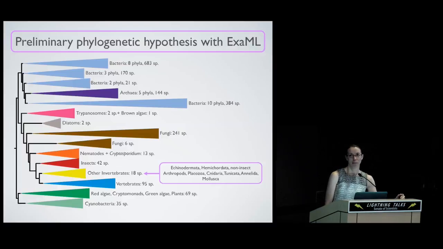For example, the tick was bringing an entire clade of bacteria into the invertebrate lineage. Rickettsia is the pathogen that ticks carry, and so it brought the whole Rickettsia clade into there. When I looked at all the matches for the tick genome, they were all bacteria. But I think this is really interesting, and it points out some of the challenges that come with draft genomes, but they're still useful. There are very few eukaryote genomes that are finished, but we can still use about 500 of them to get some interesting results.